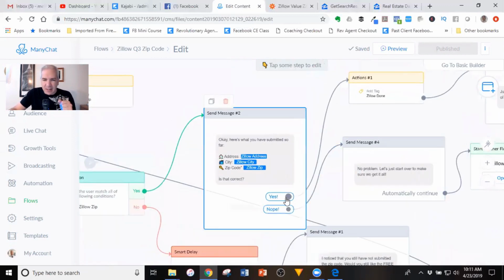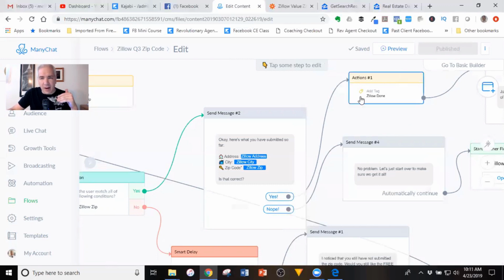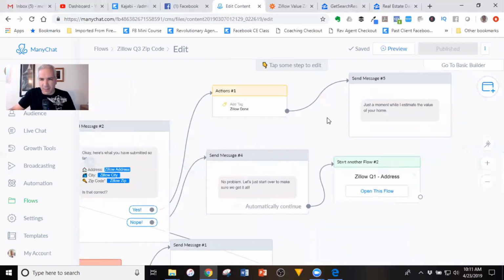Okay, if they say yes, that's correct, then this is where the 4th tag comes in, the Zillow done tag. Zillow done means they've completed everything, they've confirmed it, and everything is correct. This tag right here is going to be the trigger that sends the information off to Zillow to get the value, and then we're going to have that bring back and send it inside the bot. And then this final message says, just a moment while I estimate the value of your home. So this message will fire. It'll take a couple seconds to send the information and get it back, and then send the message off to them,